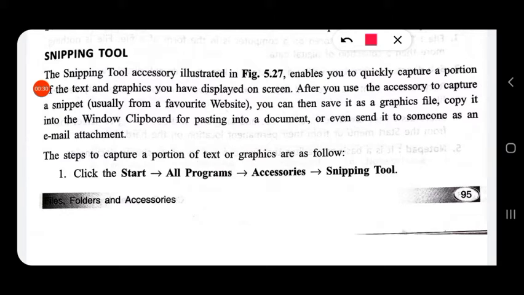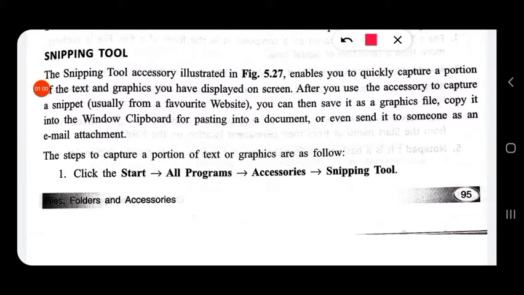After you use the accessory to capture a snippet, usually from a favorite website, you can then save it as a graphics file, copy it into Windows clipboard for pasting into a document, or even send it to someone as an email attachment. Sometimes when you open a web page and you want to copy an image in that,